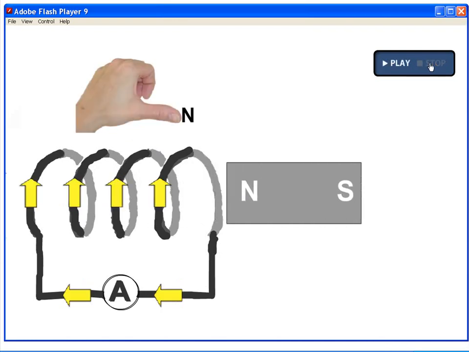So I'm just going to stop it. You can see that it's coming in, in this case, and what's happening then is if it's coming in, then I have to have a force to try to push it out, and that's why my thumb is pointing to the right side, because a north-north will create a force to repel. So then my fingers curl up and over, and you can see that the current through the ammeter is running